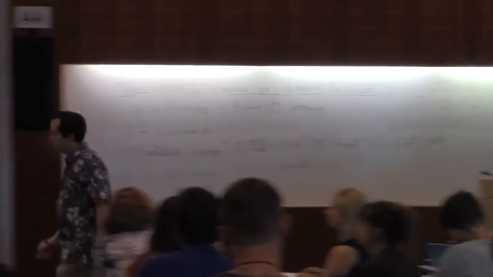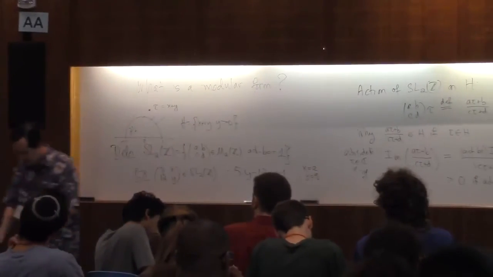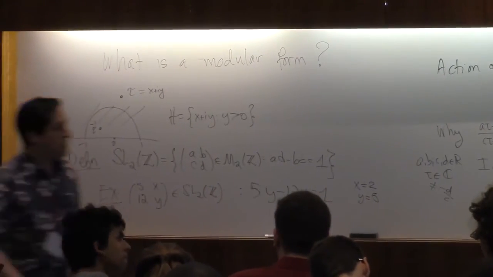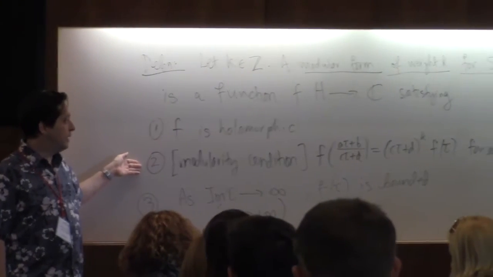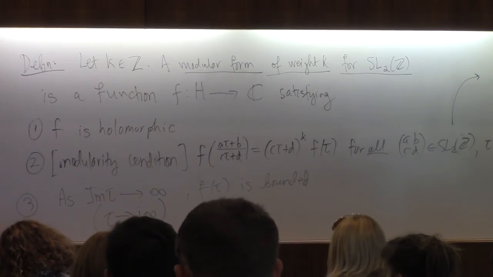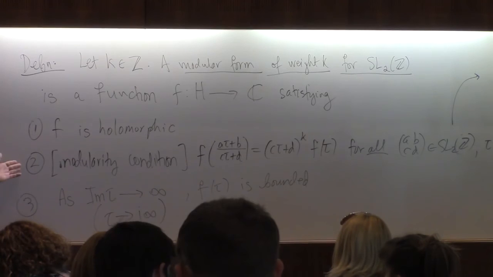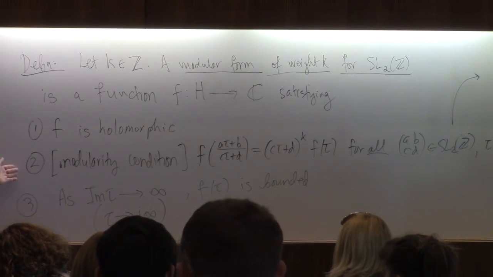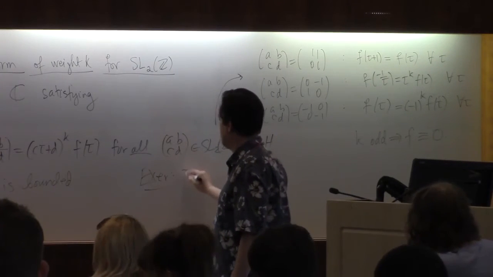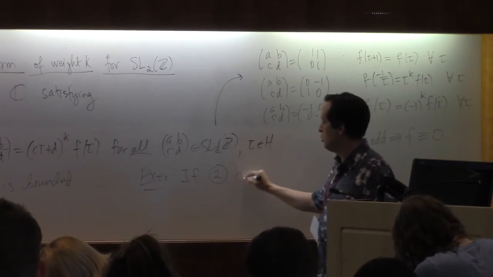Okay, so we want to give some examples, but just before we do that, I had said before that this is an infinite set of conditions. Now, it turns out that the group SL2Z is generated by just 2 matrices, and using that, you can convert this. This is equivalent to actually just 2 conditions, right? So let me point out how that works. For this modularity condition, what you can do, and check as an exercise, is that if this modularity condition holds